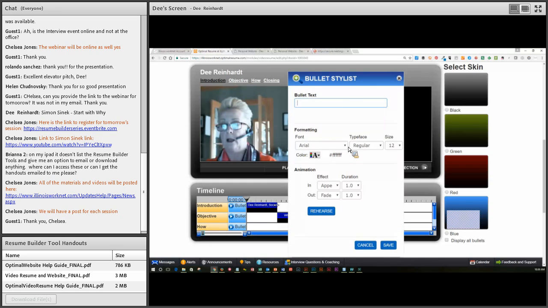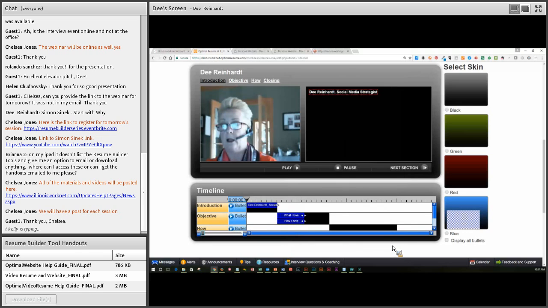So as I add a bullet text, I can change the font. Maybe I want this one to be Times New Roman, and I want this to be 20 points. I want the color to be yellow or green. So then I can save this bullet text. Oh, sorry. And I'm going to put this piece over here after the other piece stops. So, and now as I play this,